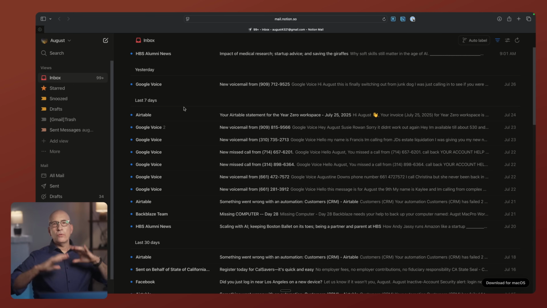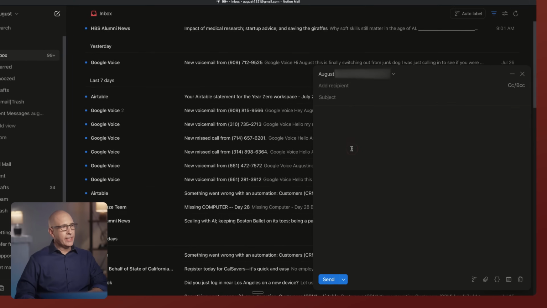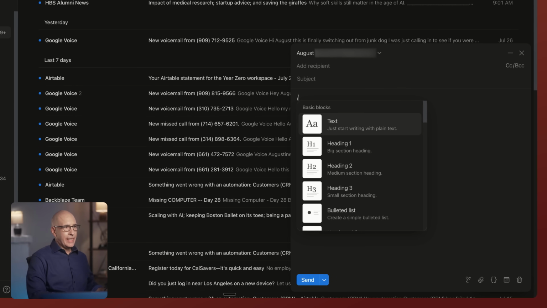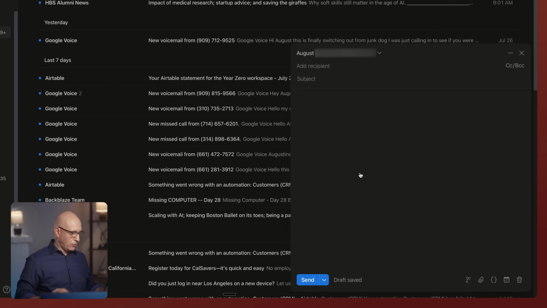But it just is a whole new framework on how to interact with email based on the way we typically think about databases in Notion. Plus, it just feels very Notion. You create a new entry here, you have slash, and you can create the typical type blocks that you normally do,